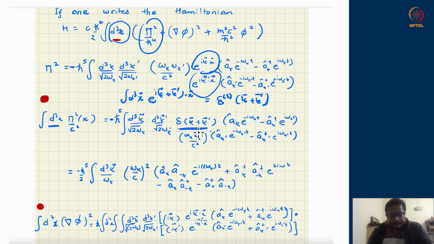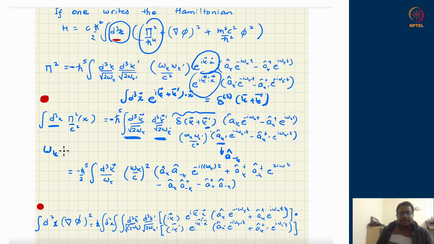Okay, this should be fine. And then there is a double integral which is left out, d3k and d3k prime. So this delta function ensures that all the k prime should take the value of minus k. And we know certain properties of things when they go to minus k. Ak goes to a of minus k, which is same as ak here. So this will go into a of minus k, but it is same as a of k as well. But let us not use that. I just write as a of minus k. So all k prime would be written as a minus k.